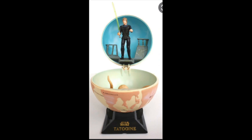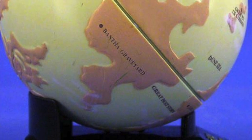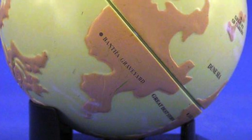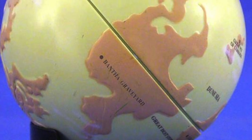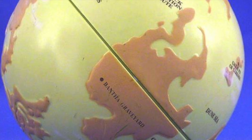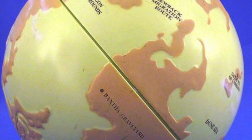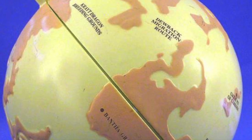And which Luke? It's Return of the Jedi Luke. Not just Return of the Jedi Luke, but Special Edition Return of the Jedi Luke. Yep, because, well, hey, the Sarlacc pit got a re-upgrade in the Special Edition, and we got a really cool Tatooine globe. And in fact, of all the planet globes, this was the one that I actually thought was the coolest, because while they all have markings for different locations,